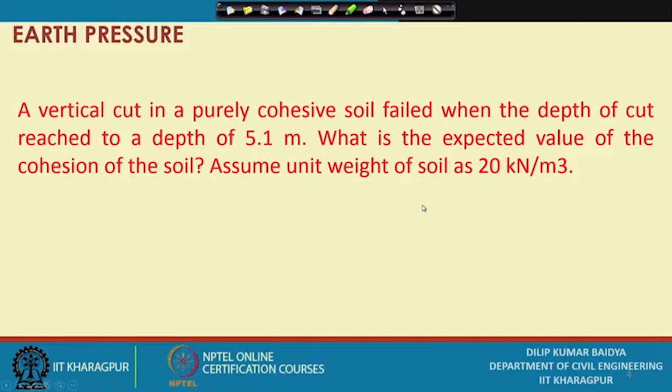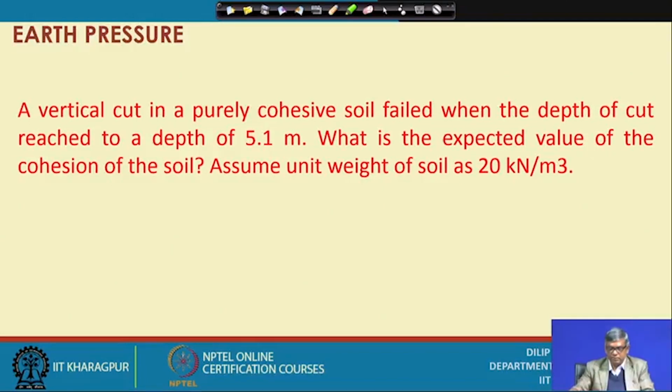You can see a vertical cut in a purely cohesive soil field. When the depth of cut reaches 5.1 meters, what is the expected value of the cohesion of the soil? A pure cohesive soil is mentioned, and its excavation is going on, and suddenly when it reached 5.1 meters, it failed. So, from here you have to guess